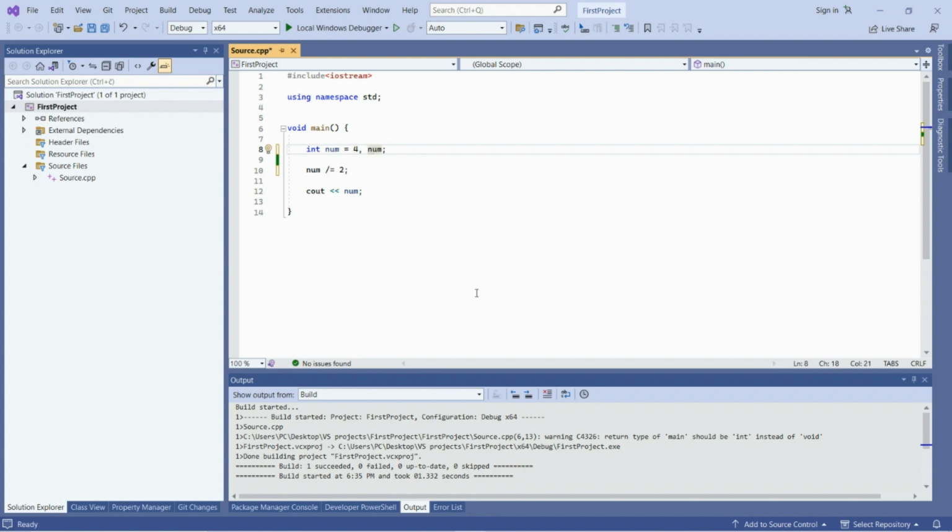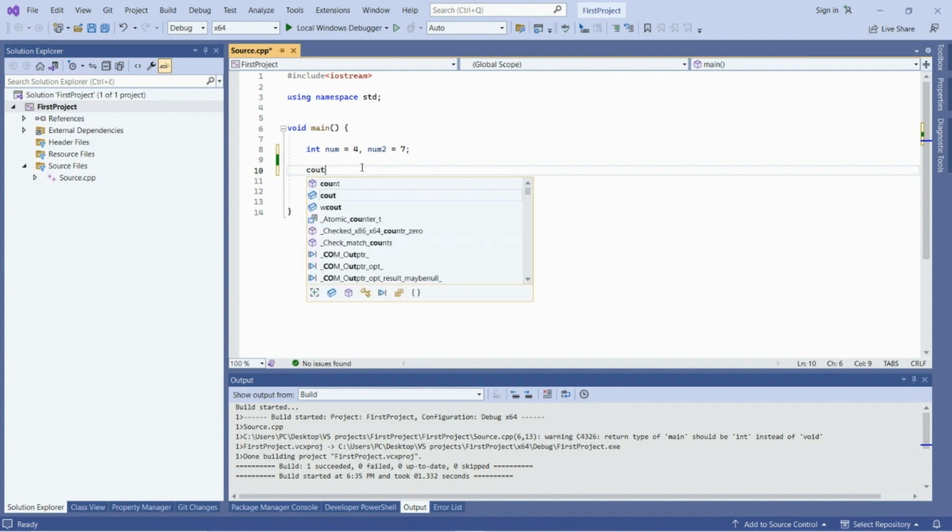I would declare another variable with some value. For the first variable, I would use the prefix increment operator, and for the second variable, I would use the postfix increment operator.